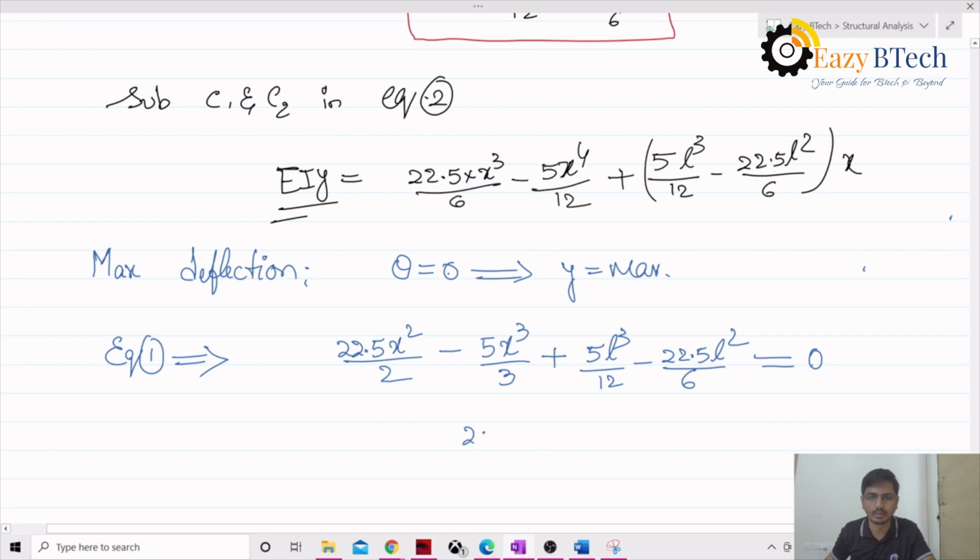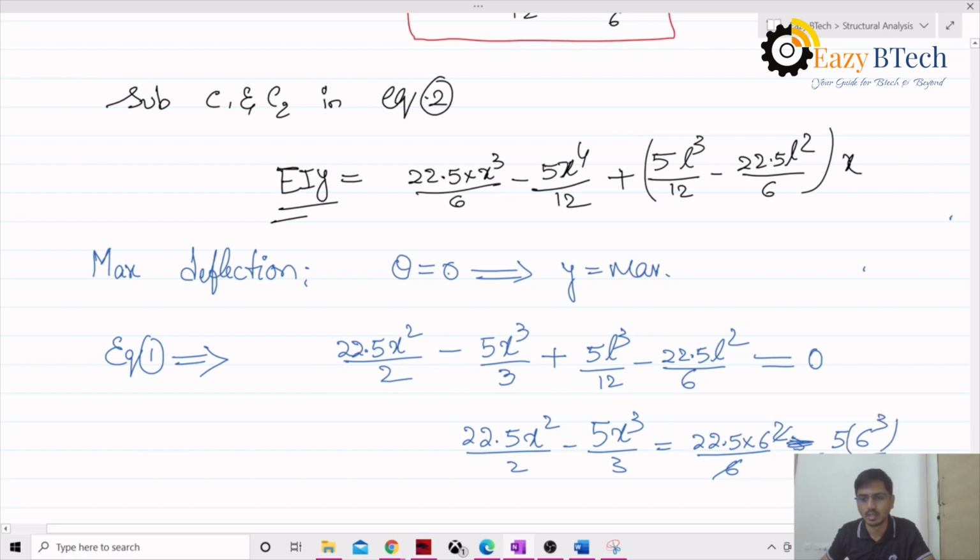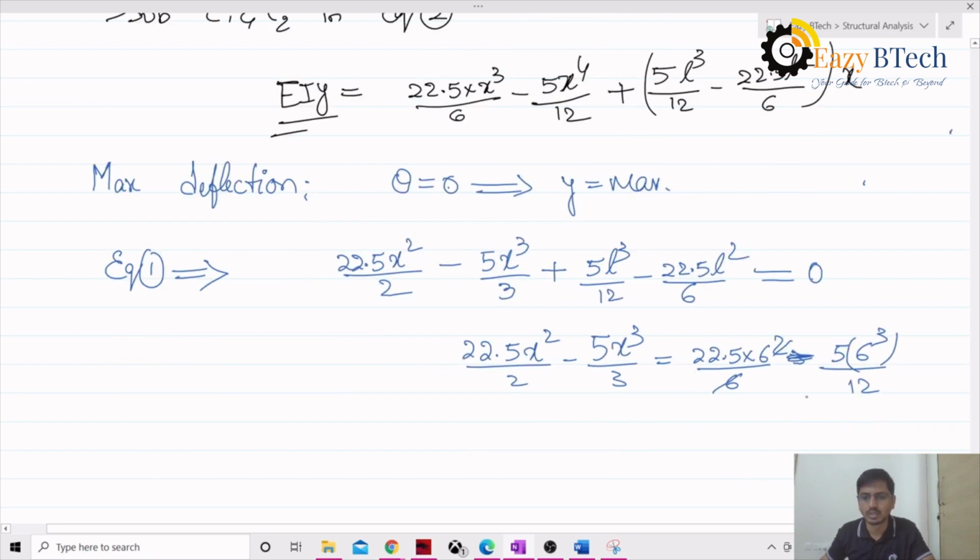How to calculate this x value? It is 22.5 x squared by 2 minus 5 x cubed by 3. Now here we'll substitute the values, that is L equal to 6 meters, this is the overall length. So 22.5 into 6 squared by 6, 6 cancel, minus 5 into 6 cubed by 12. So simplifying this,